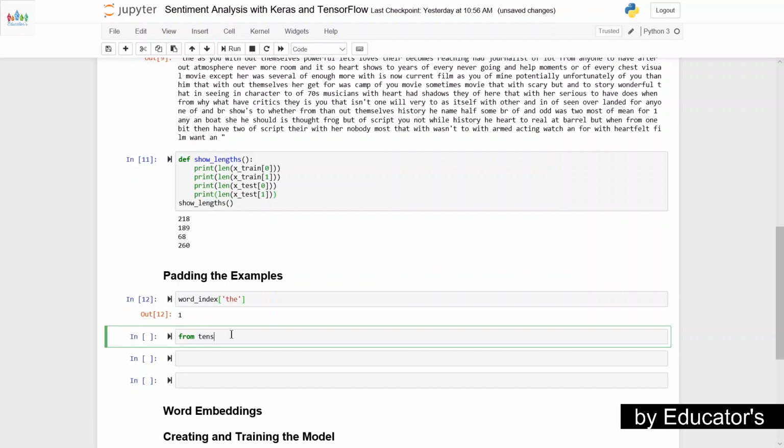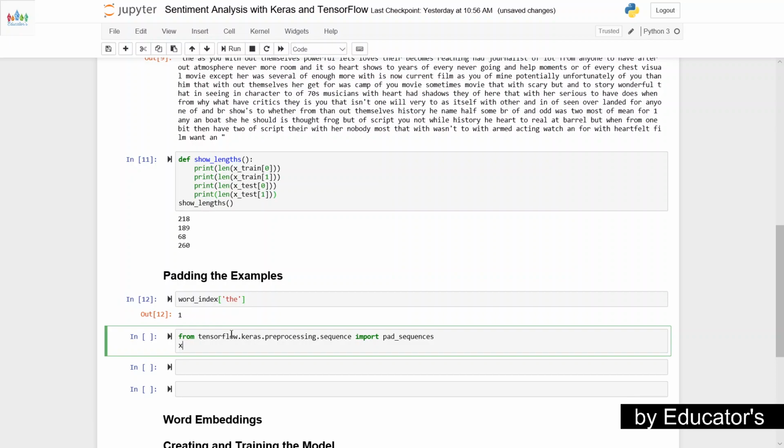So for that I need from tensorflow.keras.preprocessing.sequence import pad_sequences. Now we are going to pad the train data. So x_train is equal to pad_sequences of x_train,